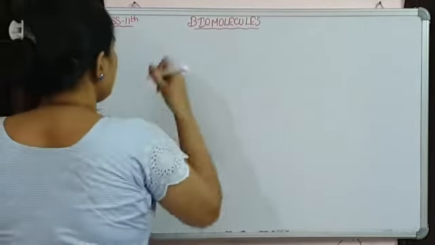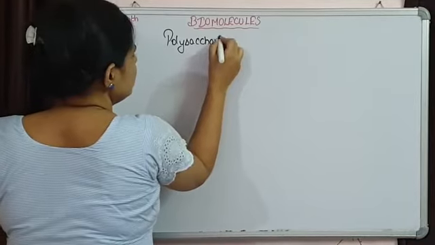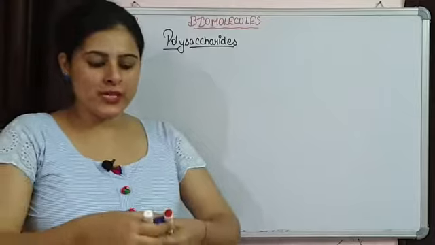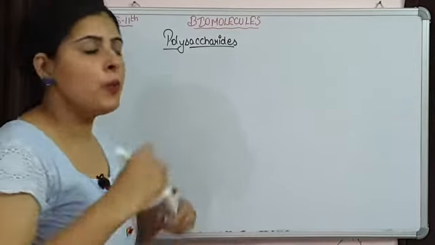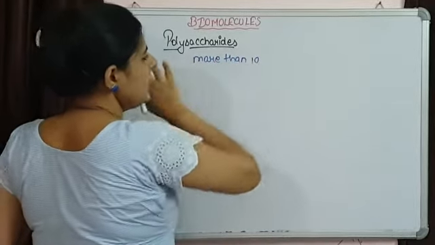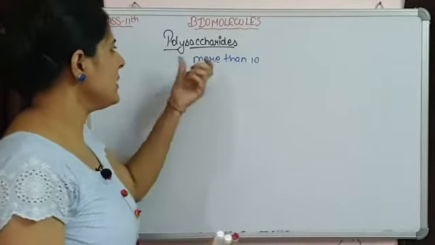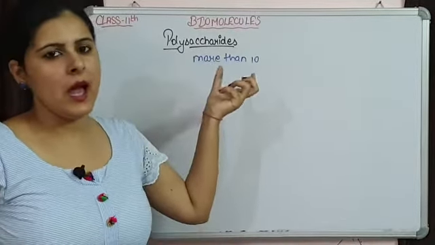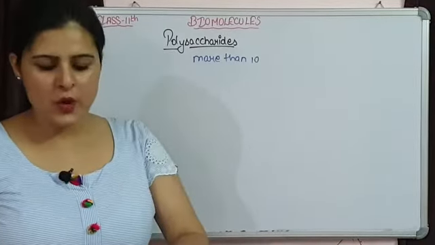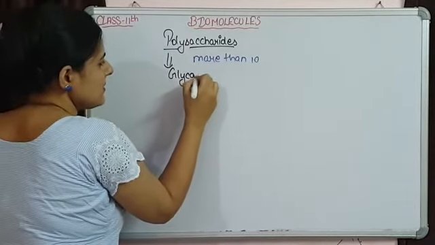So the larger carbohydrates are polysaccharides. Poly means many, बहुत सारी मोनोसैकेराइड यूनिट्स. How many? More than 10, and they can be numerous, in thousands. So बहुत सारी मोनोसैकेराइड यूनिट्स एक दूसरे के साथ कंबाइन होती हैं again by glycosidic linkage and they are responsible for the formation of polysaccharides.